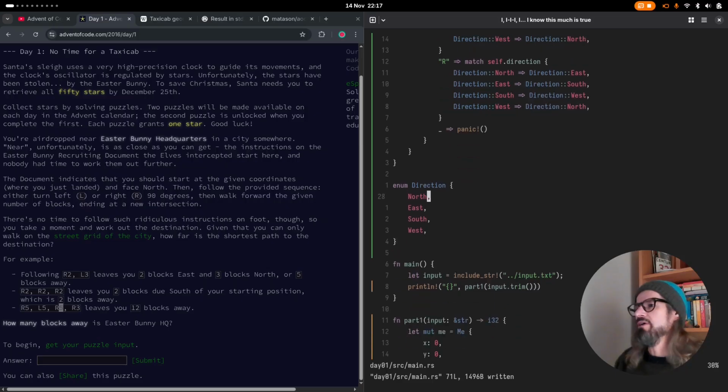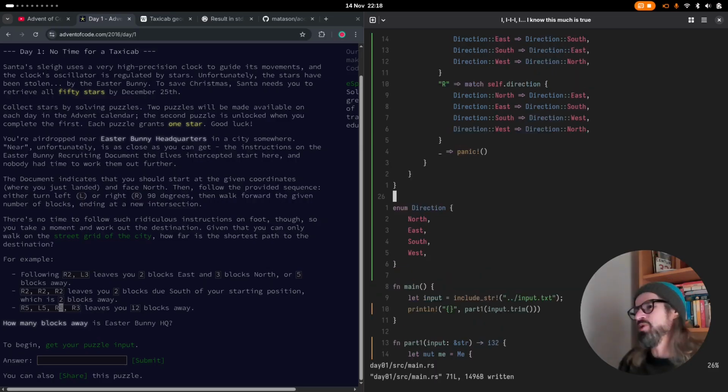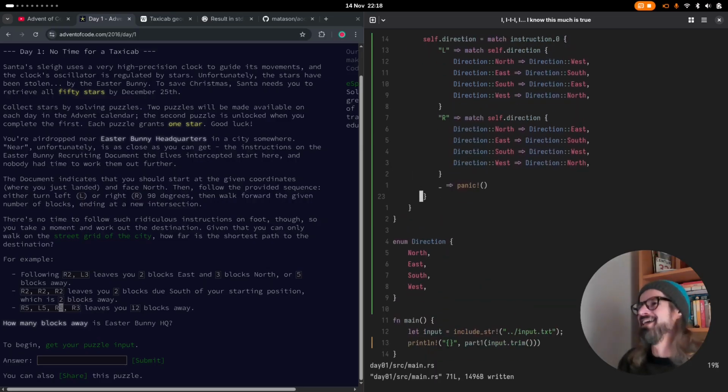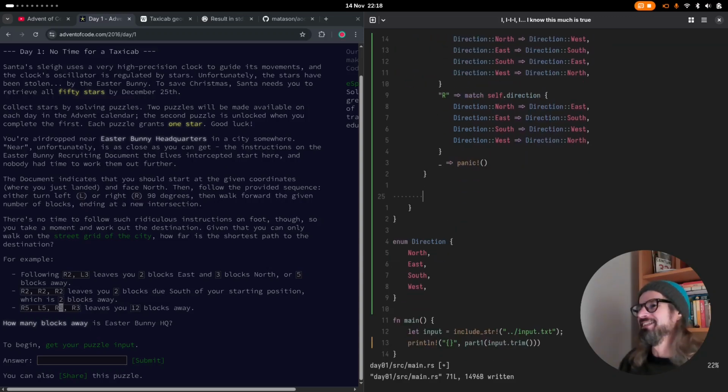Actually, what would be nice is if enum was a doubly linked list. Maybe that's an exercise for another day. But yeah, okay, so that is sorted out, our turn. So we've either turned left or right at this point, and now we need to move. So I think what we need to do is change distance or pass it into an I32. So instruction.1